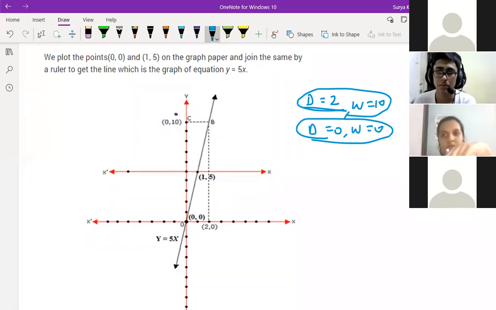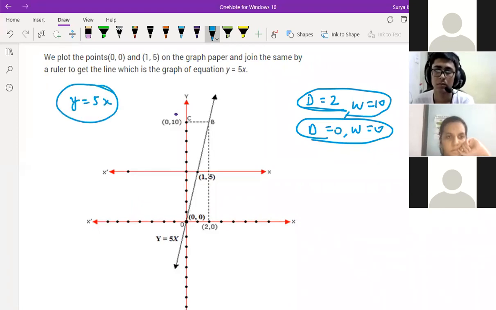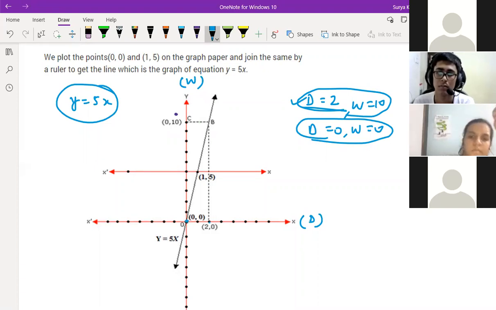So this first question was to make the graph of y is equal to 5x. This was the first question. And x, they are talking about distance, and y, they are talking about work done. Now the next question is, if distance is 2, what is work done? You should match that line, that's it. So here is 2, you just dot it on the graph, okay? Then you'll get work done as 10. If distance is 0, then if you match, it's not going anywhere. Means both work done and distance are 0, at 0, 0, right? So at distance equal to 0, you are getting work done also 0.